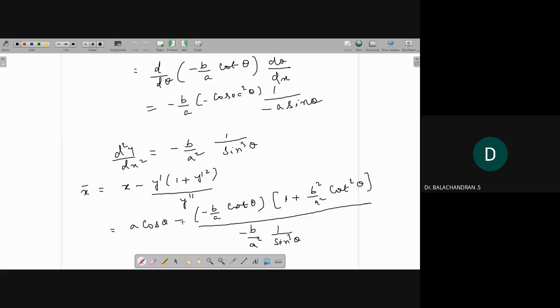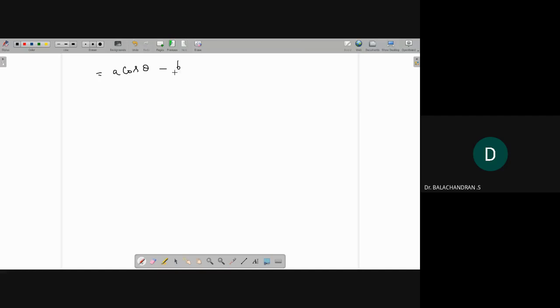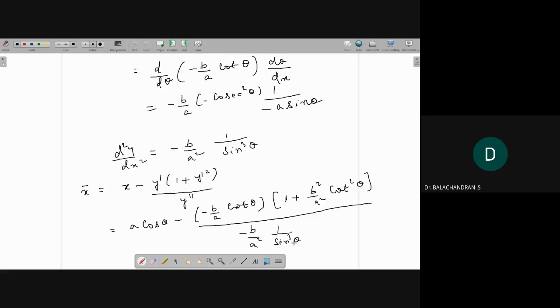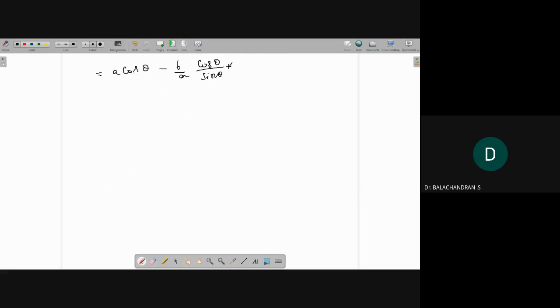So minus, minus, minus, minus, minus. So minus b by a. You can write cot theta by cos theta by sin theta. Okay, minus b by a. You can write cot theta is cos theta divided by sin theta, and then this sin cube theta is going to the numerator, so into sin cube theta,